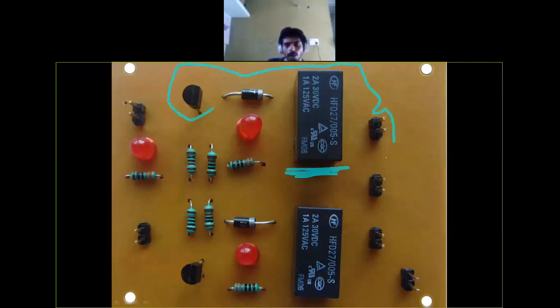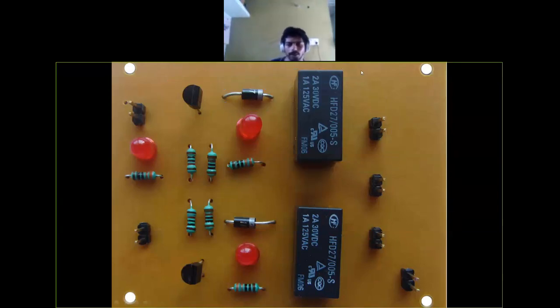This will be in common emitter configuration, where we ground the emitter, we give the input to the base, and we take the output from the collector. And if you observe, we have one diode here, right? This diode is there to prevent the reverse power flow. You have the coil, the inductor, which I showed you.